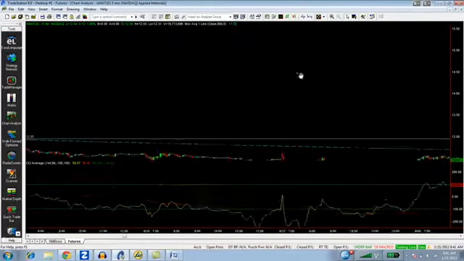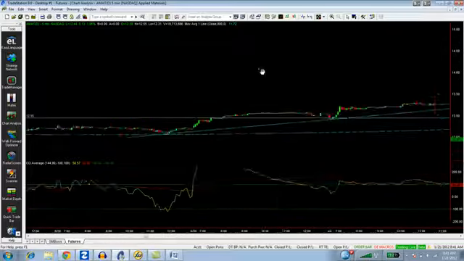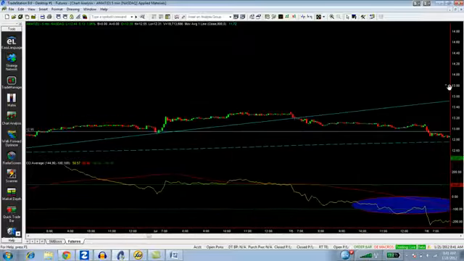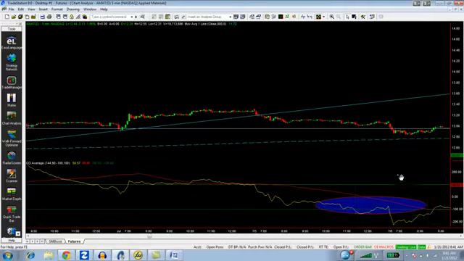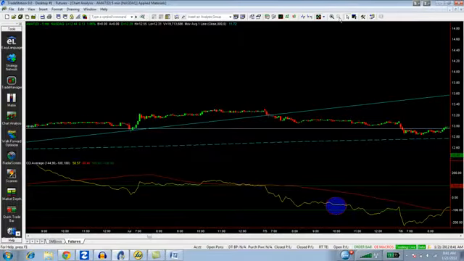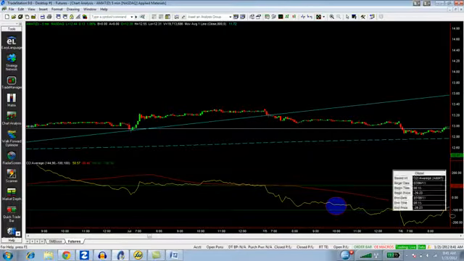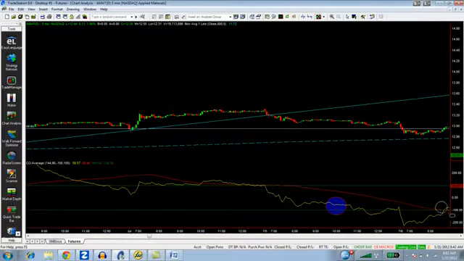I'm going to expand this and make this a little bit larger so you can see it even better. Just take me a minute to get back to where we were. There we go. Now, it happens all over again just a moment later. Just a brief moment later. I'm going to move that circle out of the way. We come back out of oversold again,